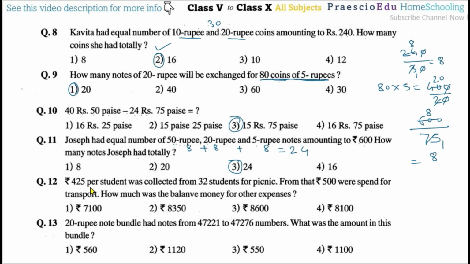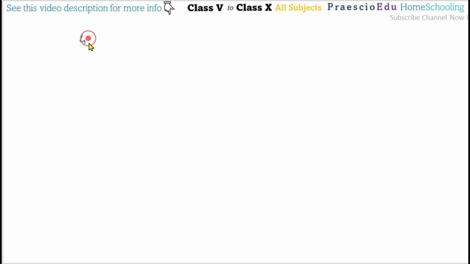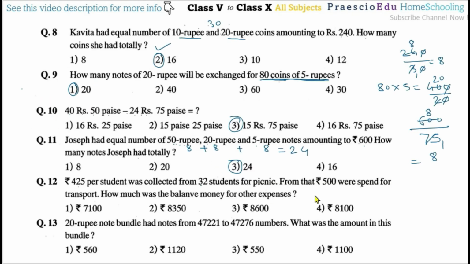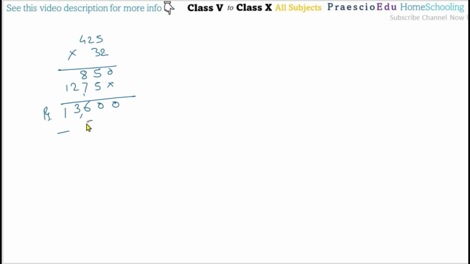So, first we will calculate the total collection. Each student has given rupees 425, from a total of 32 students. So, multiply by 32. Here, the total is rupees 13,600 collected, and out of this 500 was spent. Okay, we have to deduct 500, so this is equal to